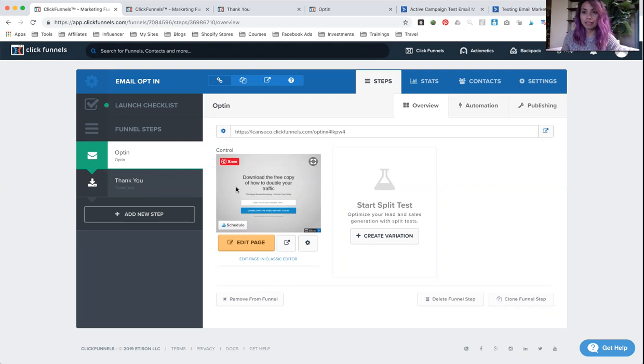I like to use ActiveCampaign for this because there are so many things you can do with it. I've used other software before and I didn't like it, and ActiveCampaign is super easy to use. So if you don't have ActiveCampaign yet, I've got a link below for a free trial that you can try out. I went ahead and created a brand new